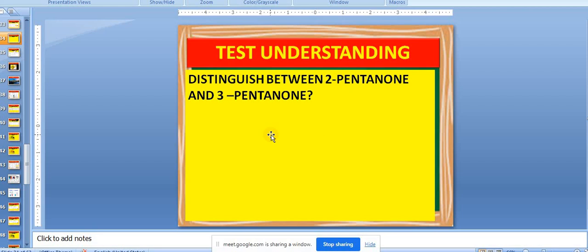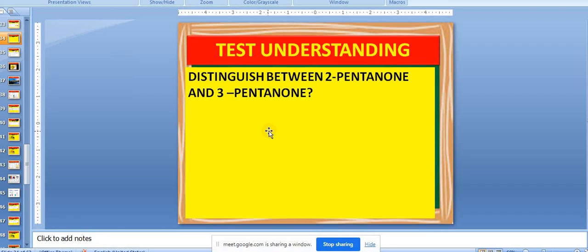This question, distinguish between 2-pentanone and 3-pentanone. Can you do that? Which will give the test, 2-pentanone or 3-pentanone? 2-pentanone will give, because 2-pentanone will be having one side methyl. One side methyl will be there and CO will be there, and another side 3 carbon will be there. So that way this will give. Very good. And for the reaction you know already, plus iodine plus NaOH give rise to iodoform, plus NaI plus water, plus how many carbon? 4 carbon acid. 4 carbon acid means CH3CH2CH2COONa. So if we remember this, that is done.